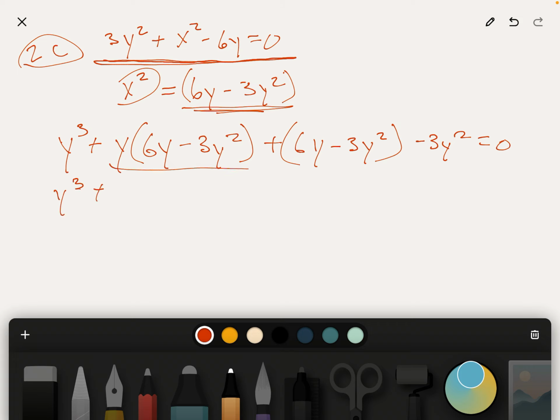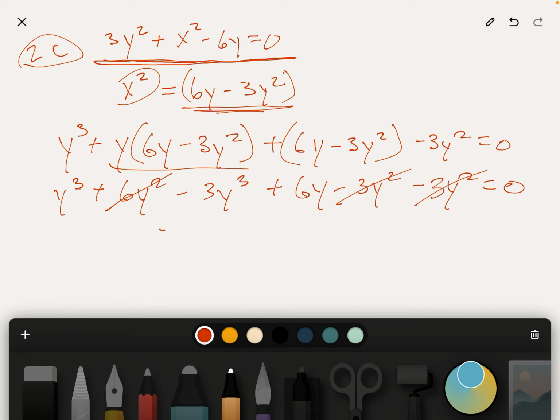So y cubed plus 6y squared minus 3y cubed plus 6y minus 3y squared equals 0. And conveniently, the y squared terms cancel out. So we have a 6y squared minus a 3y squared minus a 3y squared. And we're left with negative 2y